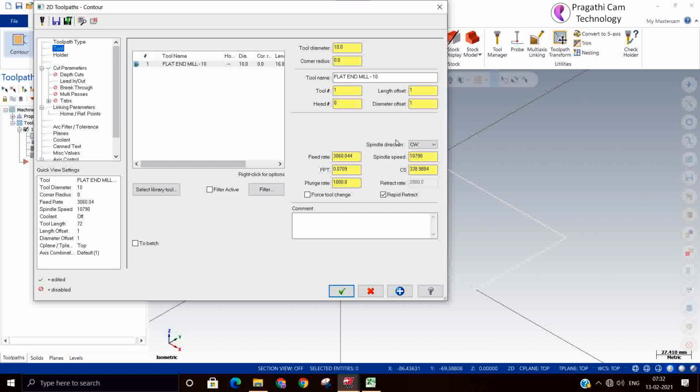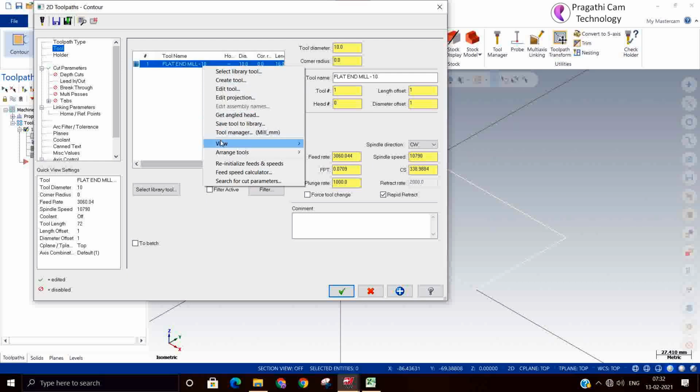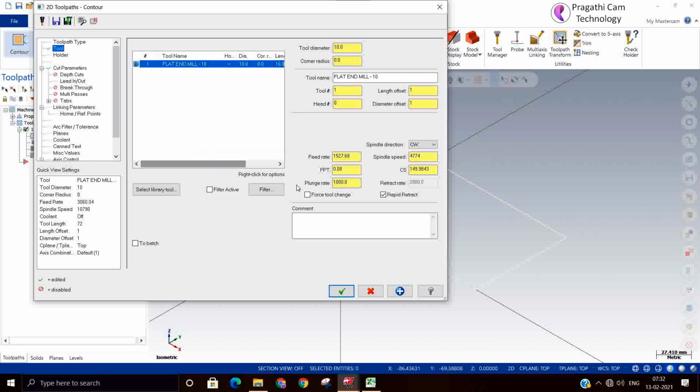So you can give your feed rates and drill speeds here, and with a right click you can reinitialize and read from the default values. This is a feed rate, 1500 something is given. Our plunge rate is less.